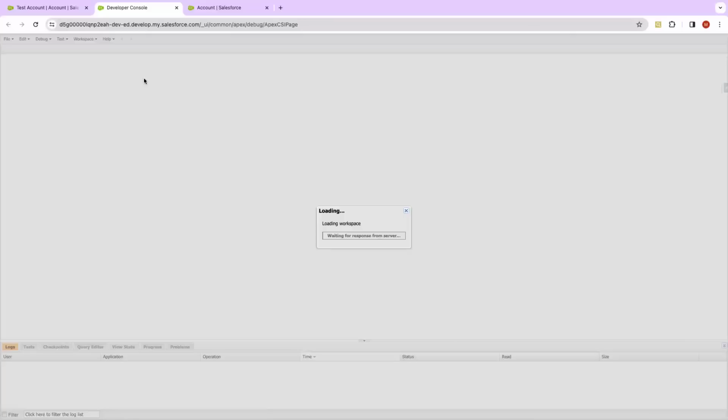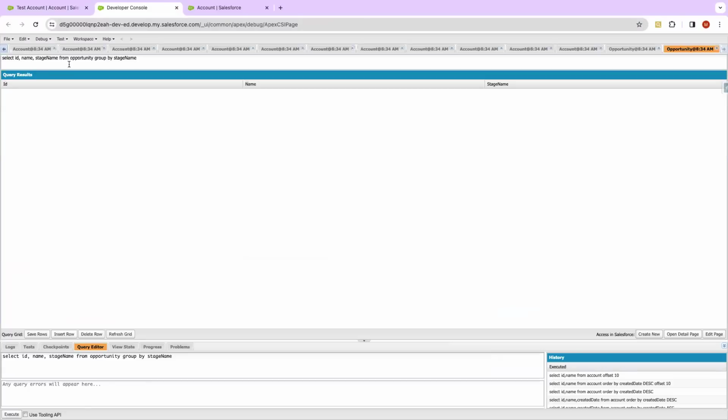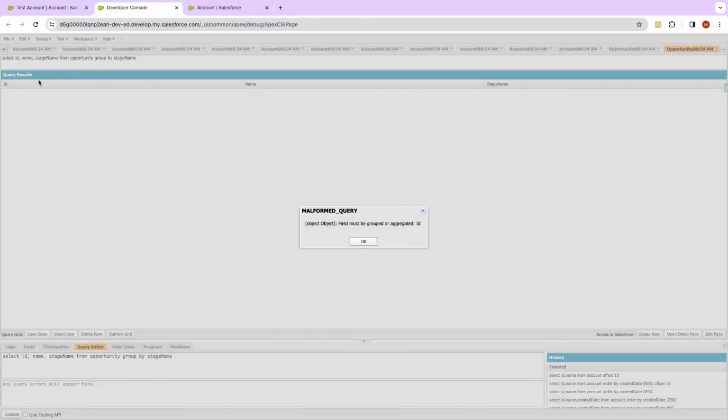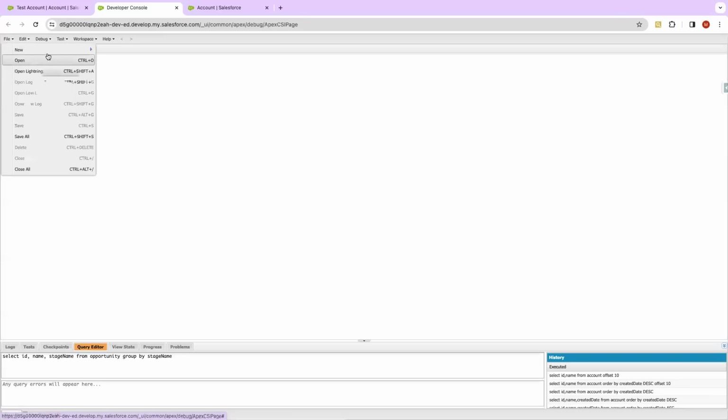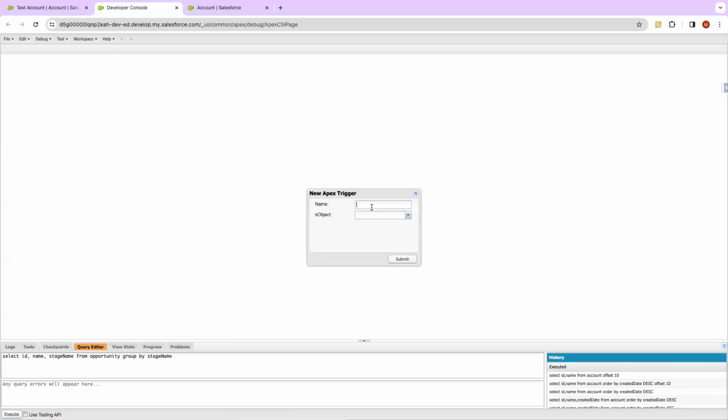Let's open this and close everything on this screen, and let us create a new trigger, call it roll up trigger. Now we will have to populate the number of opportunities on account,